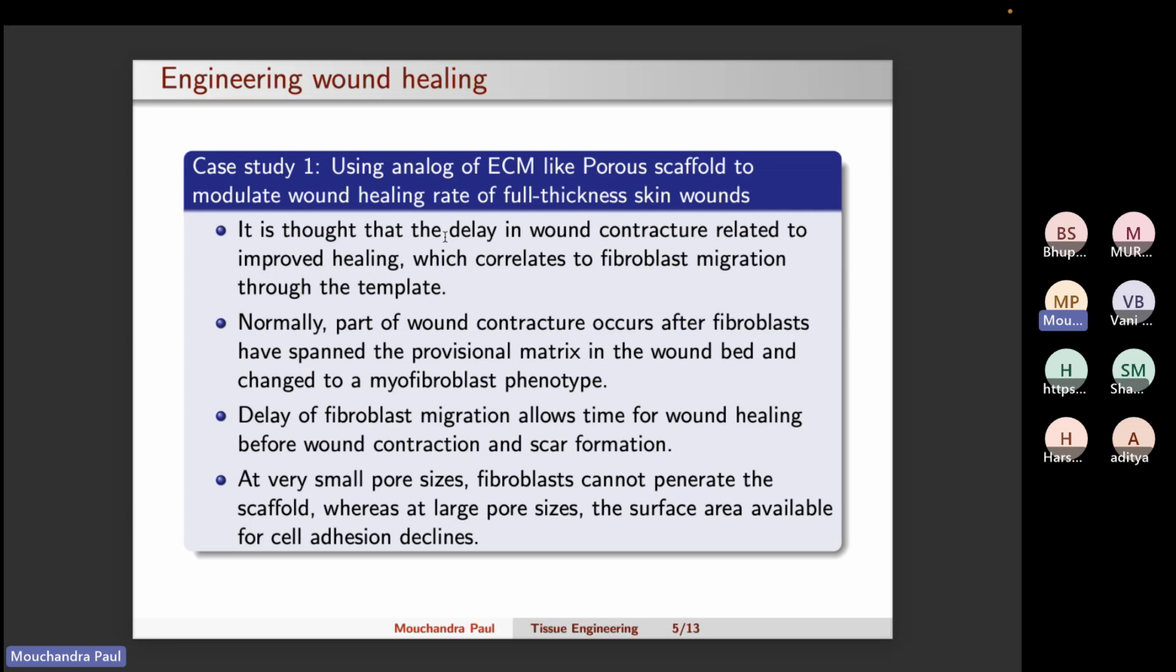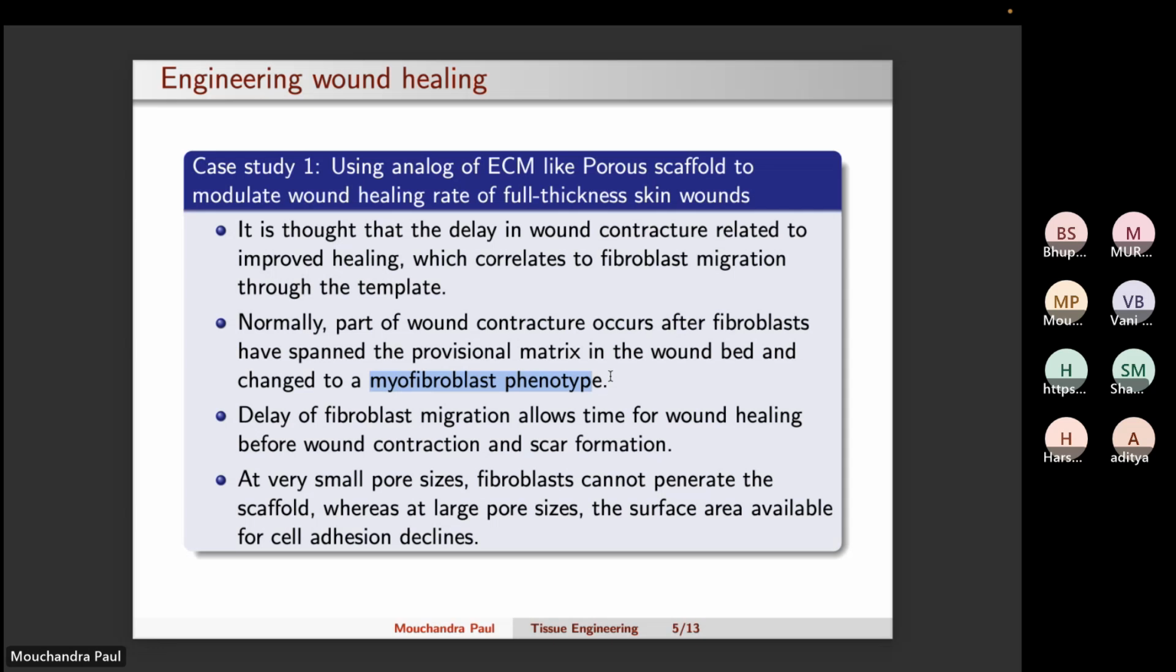Now it is thought that the delay in wound contracture is related to improved healing. Why improved healing? I'll come to that in the next point. So here it is also correlating to how the fibroblast cells, dermis is made of fibroblast cells, are migrating through the template or the scaffold. Normally, part of wound contracture happens after the fibroblast cells have covered or spanned the provisional matrix in the wound bed, and then they change to